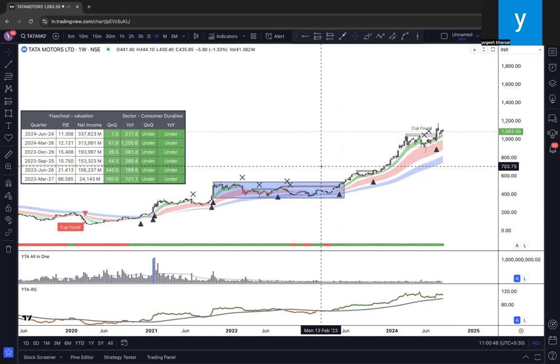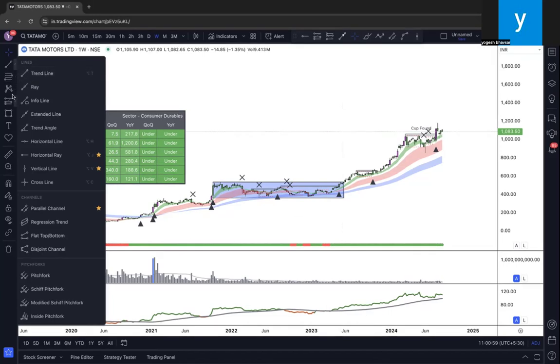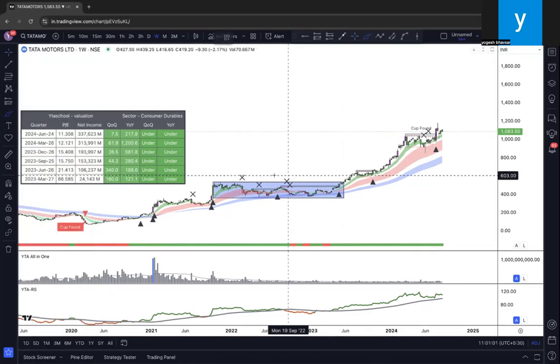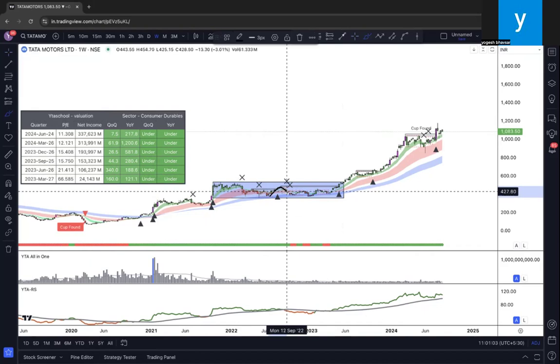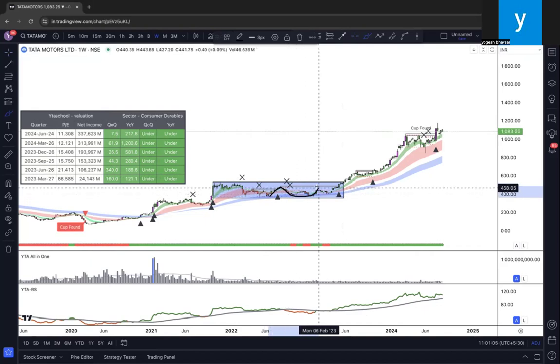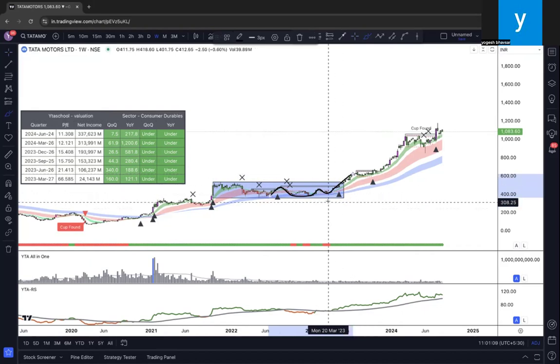Unless this X level is broken, there is very little chance for the stock to go higher, because every time the stock tries to go even a bit higher, like this, the selling pressure comes. Again he is trying, selling pressure comes. Now, when the X was broken, the new demand kicked in. So with a higher number of X's, we need to see a strong breakout of that area.